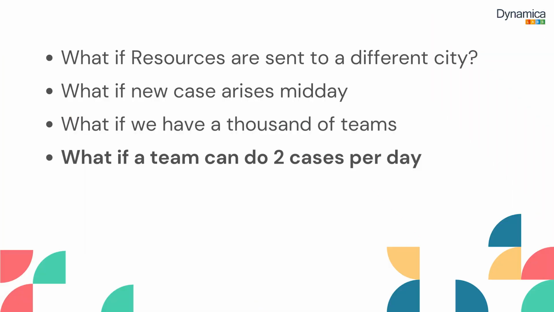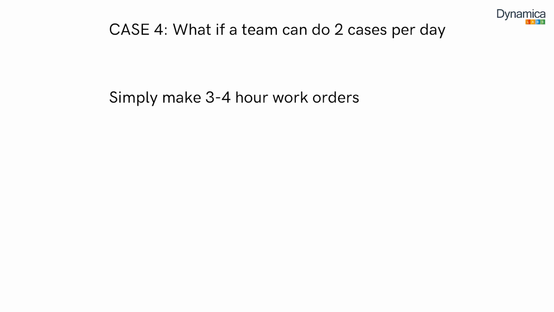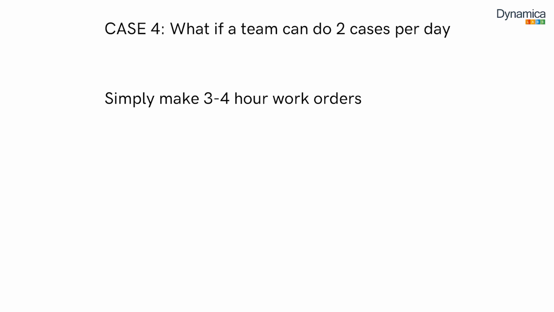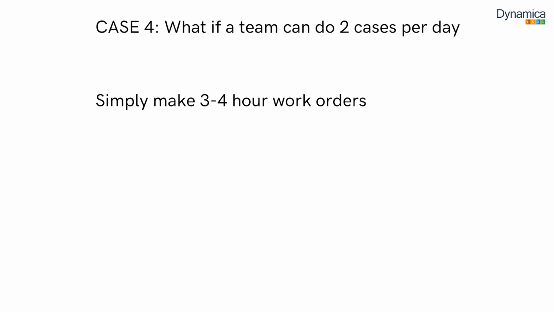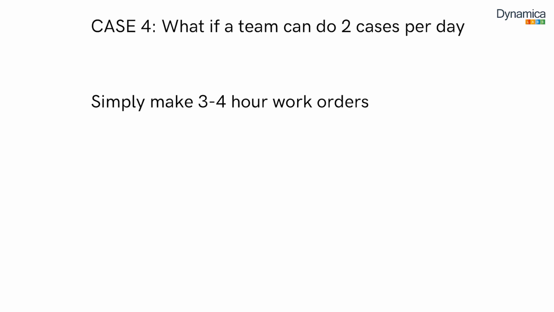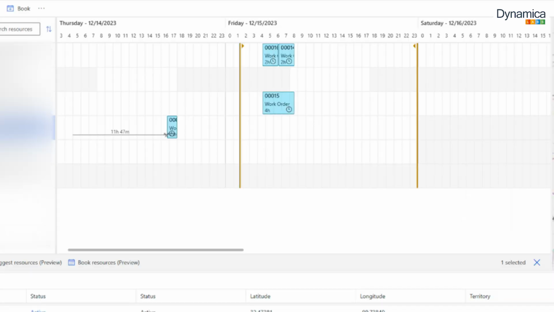Another case we were asked about is whether the maximum limit could be set to 2 or 3 jobs. Currently, this is probably the simplest of these requirements. It's about setting the duration of the job to 3 or 4 hours. In such a case, the system will not suggest booking for an 8-hour slot or more. Why is this important? There's a separate issue of capacity, but each work order is represented by a time interval. Therefore, the system is designed to revolve around hours rather than the number of tasks a resource can complete in